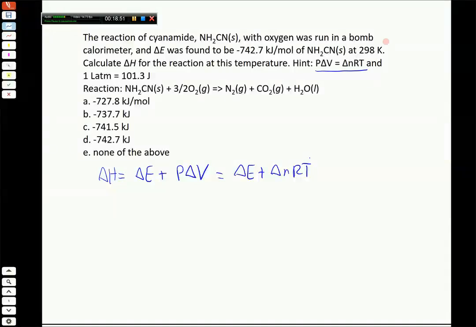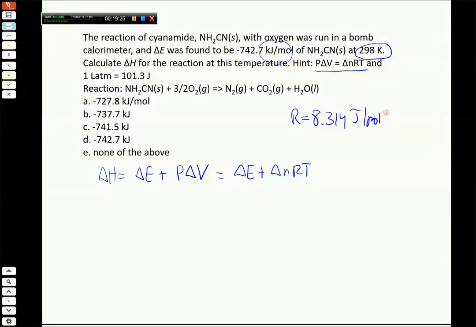And then in this reaction, it's run at 298 K, so that's the temperature. We have to find what this delta N term is. R is a constant, so this is the part that may have gotten some people. R is a constant, which we'll talk in more detail about in Chapter 8, but it's the universal gas constant. It's on your periodic table, so the value of it is known. And we want to use the one that's in joules, because this is a problem that's dealing with energy changes, in this case, kilojoules. So we have R is going to be this value here, 8.314